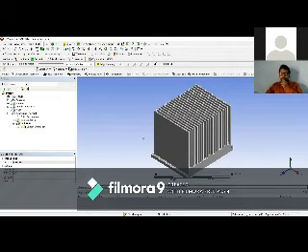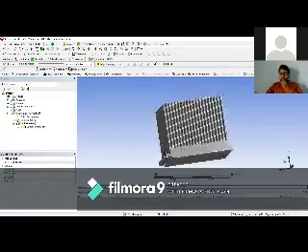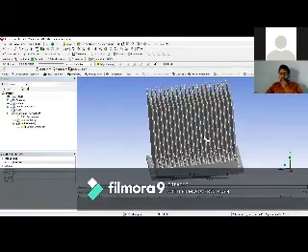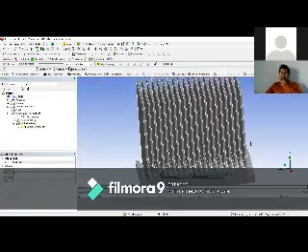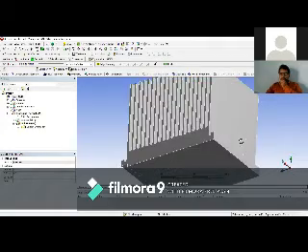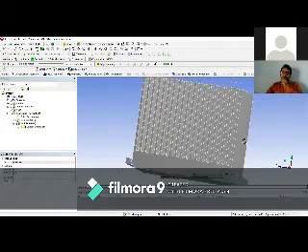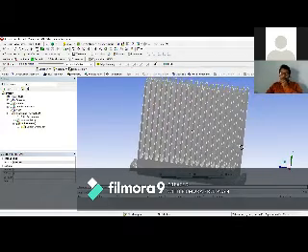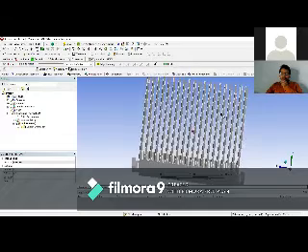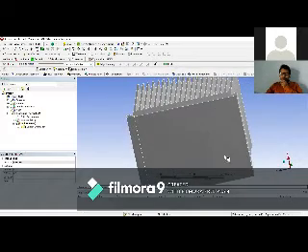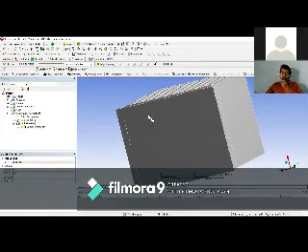Everyone can see clearly that this is the heat sink, which is used in computer hardware systems and is mounted on the motherboard. This area is the bottom of the heat sink, which is attached to the motherboard's upper surface.